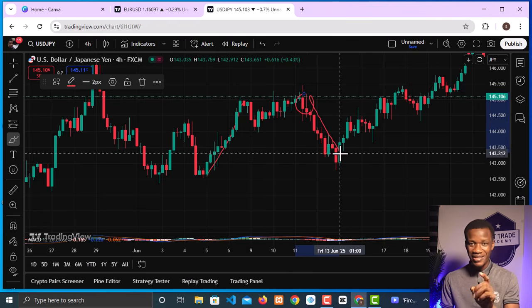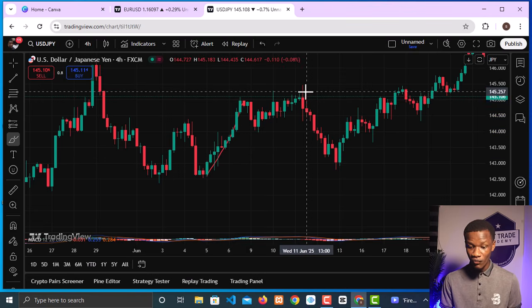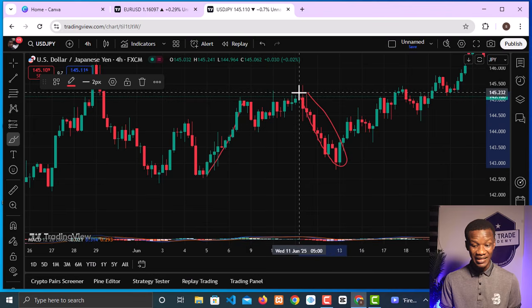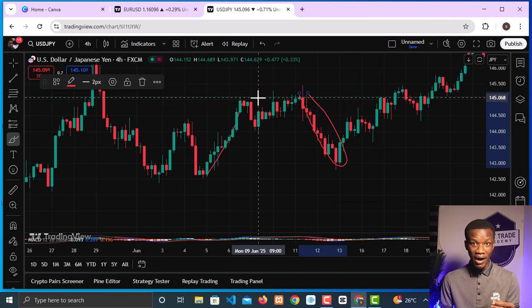Now, one thing very important here is that the market did not also have strength moving downward from the base at this very point. That is why you need to pay attention to the momentum of the market to concretely determine if the market has strength or does not have strength, that is momentum, before the next move all the way to the upside to target your entry point after a correction or pullback, which we normally see